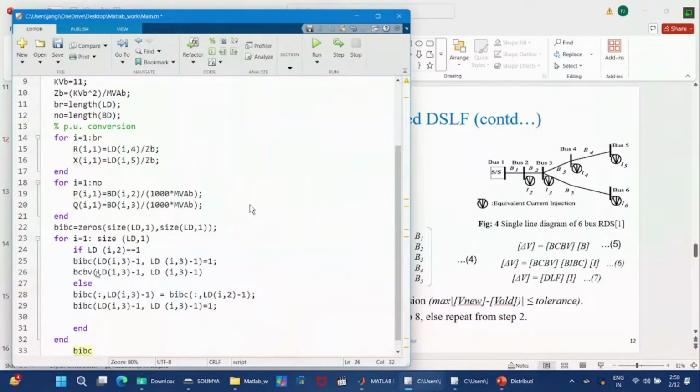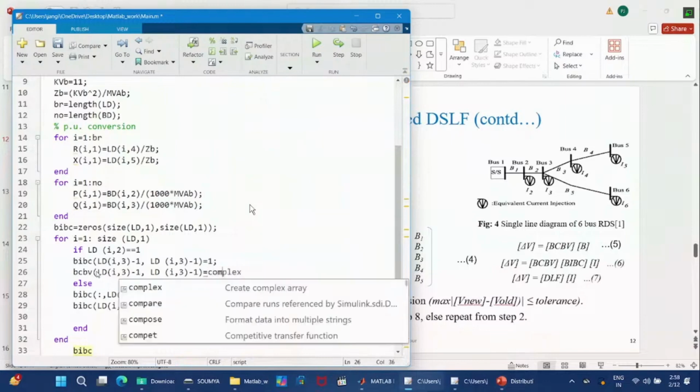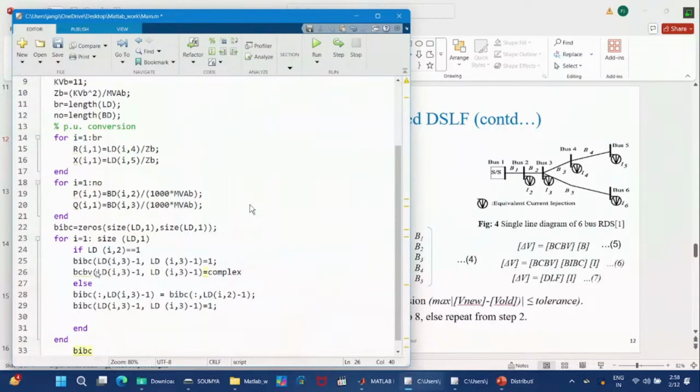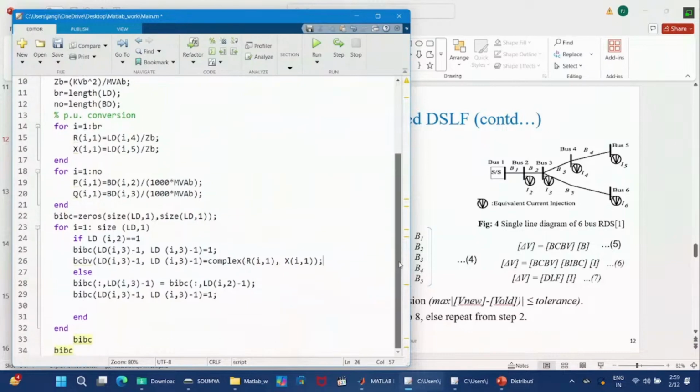So if we write, it will be something like that, complex of R into x. If these two are connected, then we can write it this way. Else